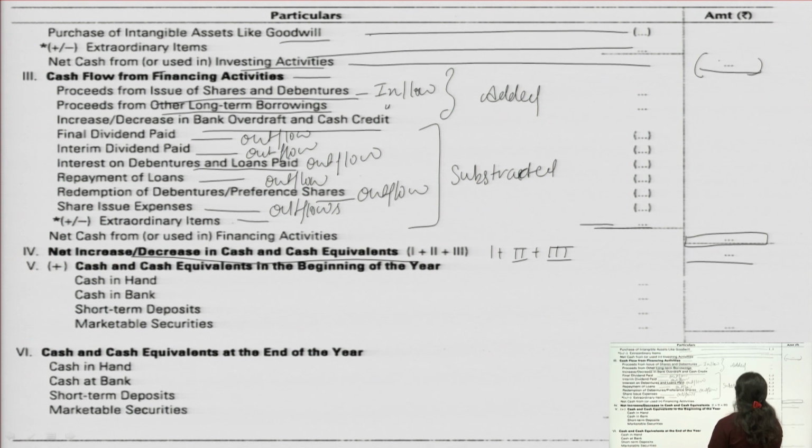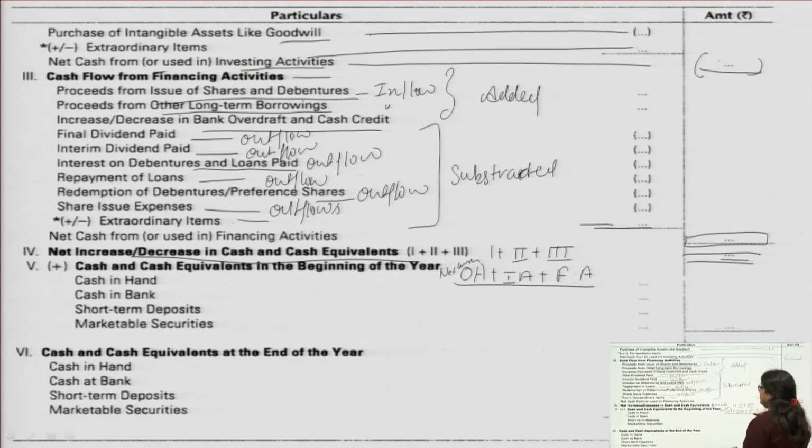What are these things? One is the net cash received from operating activities, from the investing activities, and from the financing activities. So, the cash which we have received from these 3 activities, we sum up here and put the total here. Now, what will we do in the 5th part, cash and cash equivalent at the beginning of the